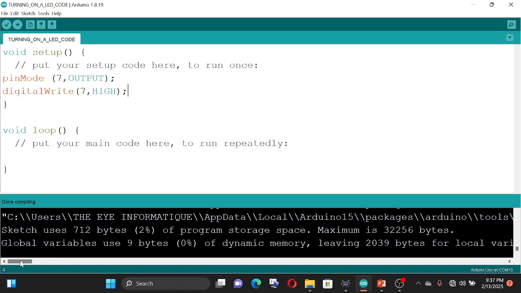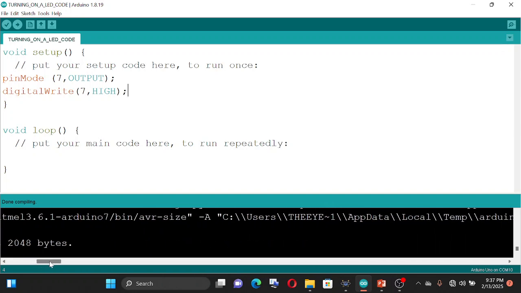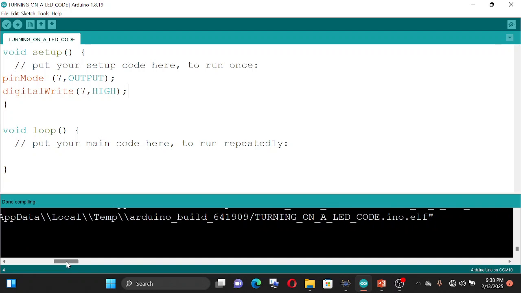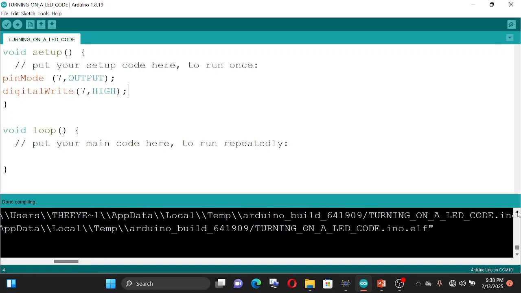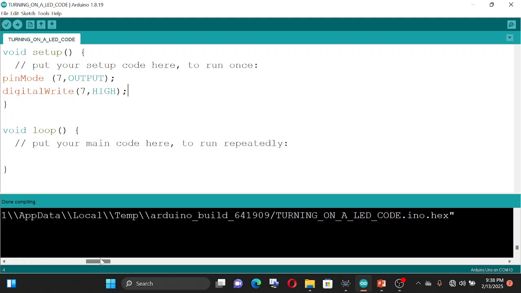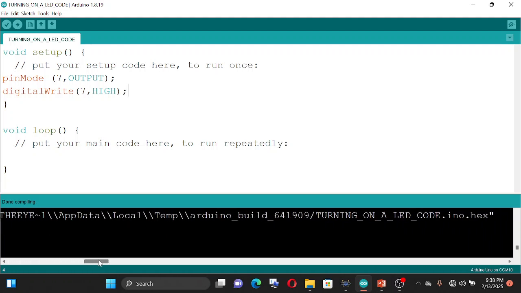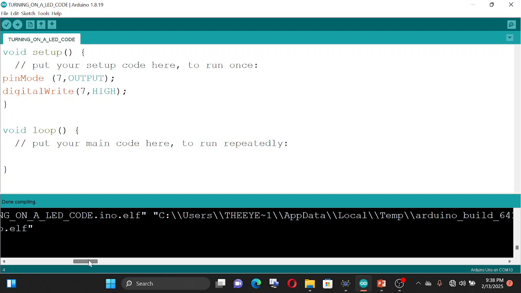To locate the hex file, scroll to the right. You're going to see the directory where the hex file has been saved, ending with terminal.hex. The root directory is from here up till the .hex.